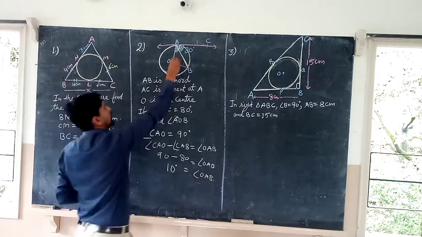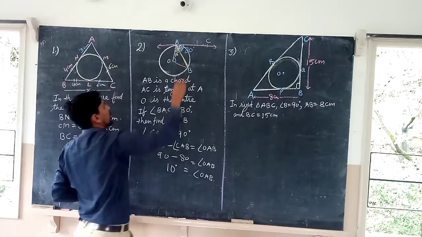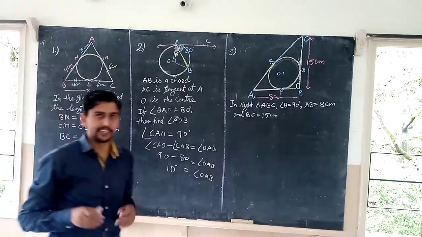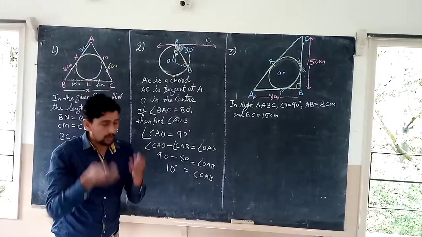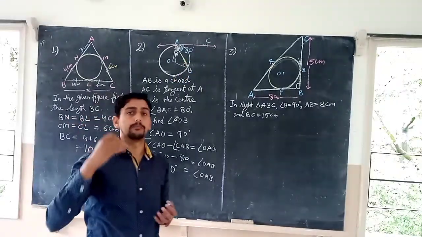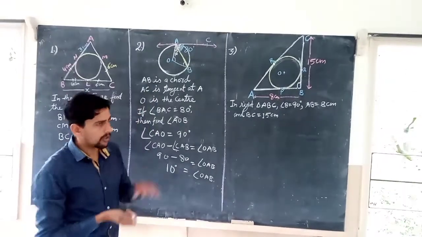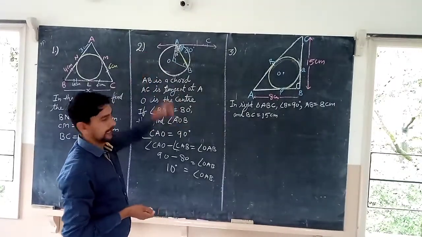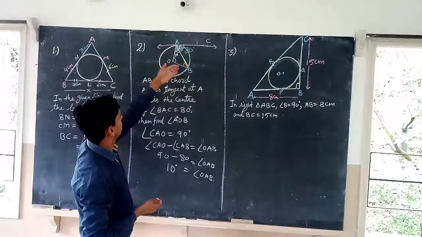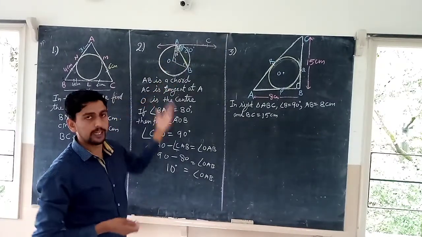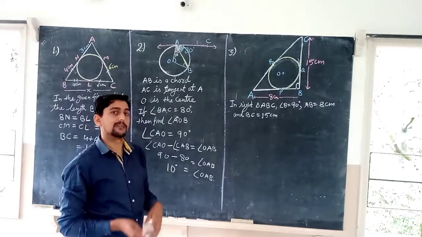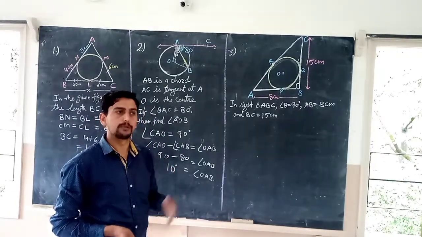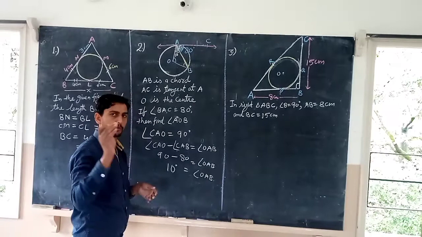Right there, you got angle OAB as 10 degrees. Now you need to find out this angle. Now you have to recall all the previous properties again. How can you find out angle OBA? Right, because now we don't have any tangent given here, so that we can use tangent. So what are the other properties that we can use, which we have already known in previous classes? We have to apply all those properties, right?